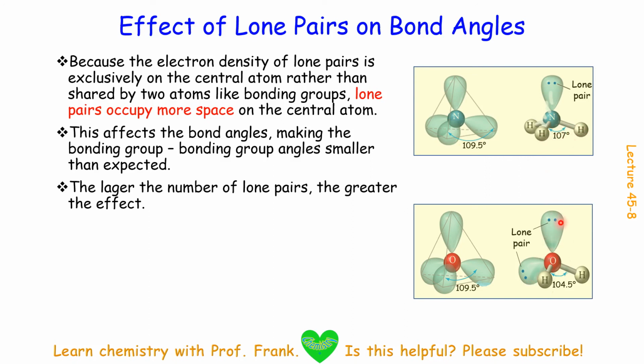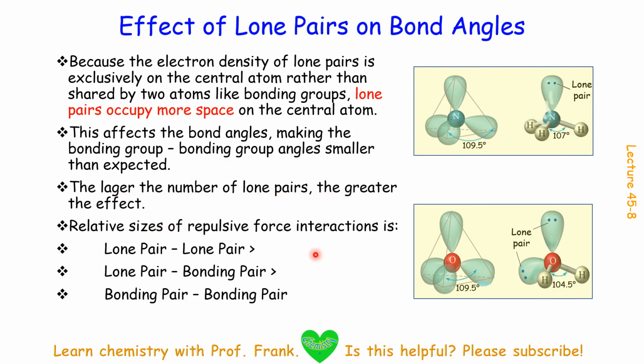But with 2 lone pairs, like in the water molecule, they squeeze the bonds even more. Therefore, in a water molecule, the bond angle is 104.5 degrees. That's why we say the larger the number of lone pairs, the greater the effect. The relative size of repulsive force interaction follows this trend: lone pair-lone pair is greater than lone pair-bonding pair, and that is greater than bonding pair-bonding pair